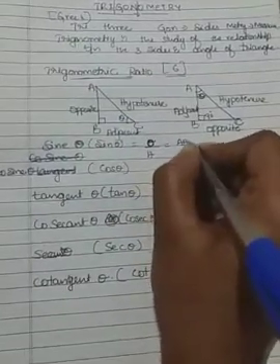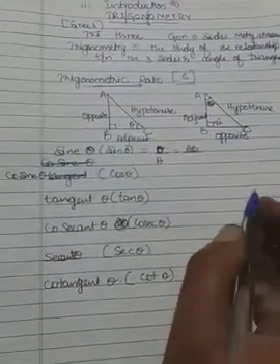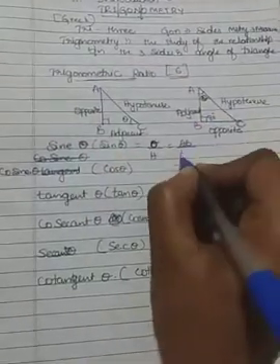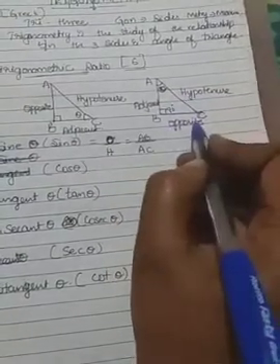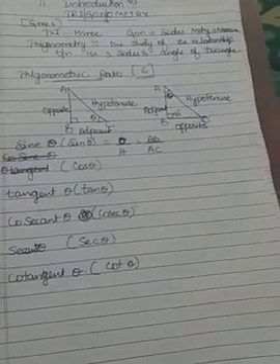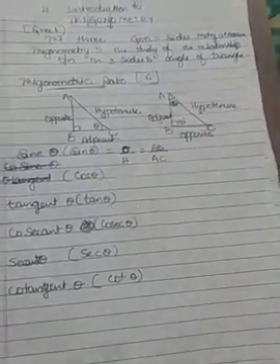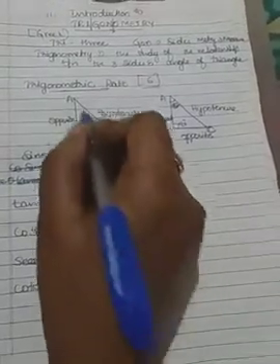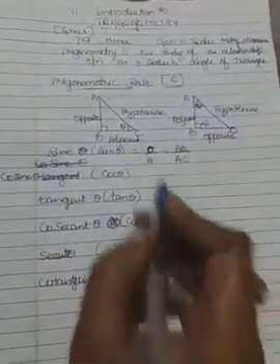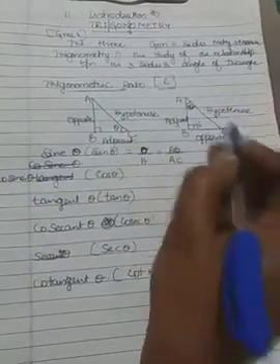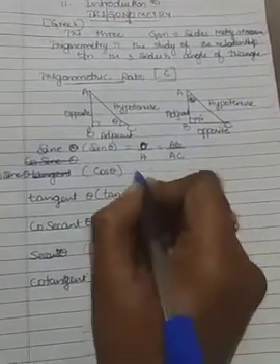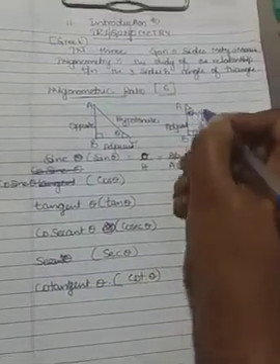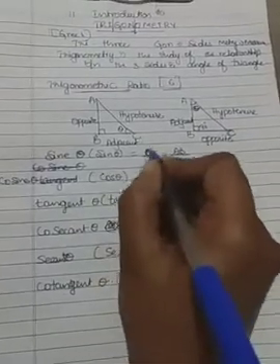Which is the opposite here for sine theta? That is AB. So AB is the opposite because we have marked it already, and the hypotenuse is AC. So that is sine theta. But here it will vary. Opposite is BC and hypotenuse is AC, because it is based on the angle. Keep that in mind. I have explained this for this triangle now. Based on the diagram, the sides will vary. So first we have to concentrate on where the angle is. But the formula is the same.